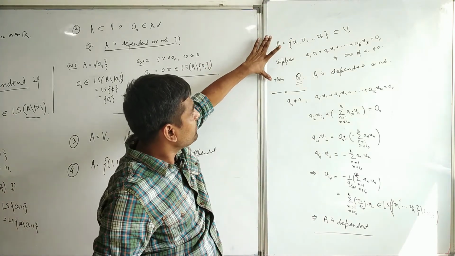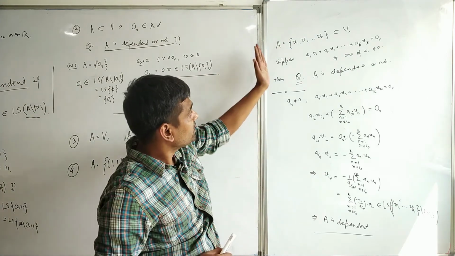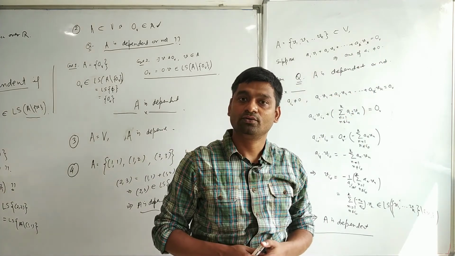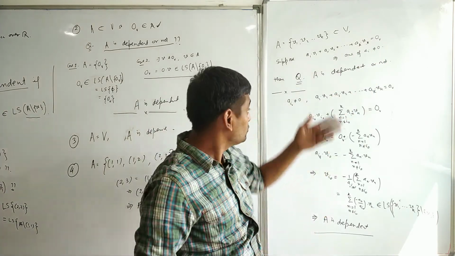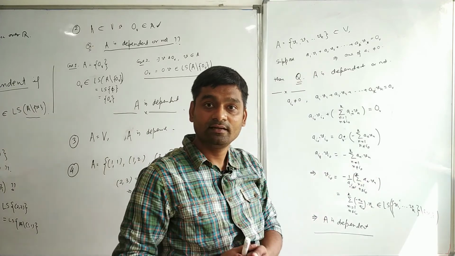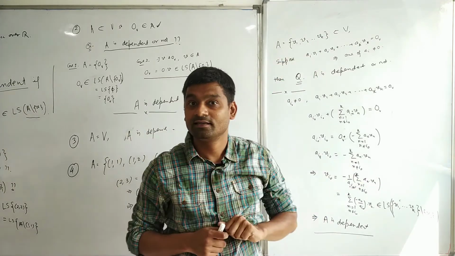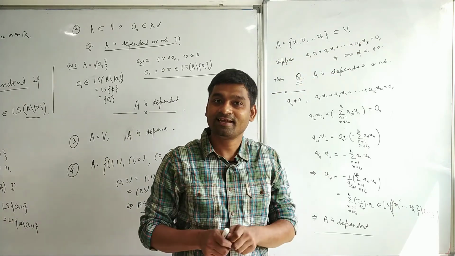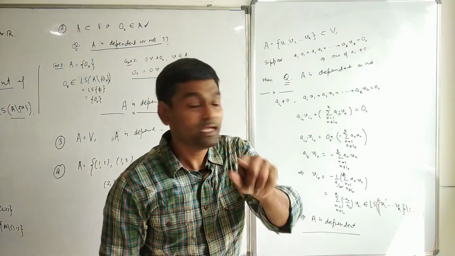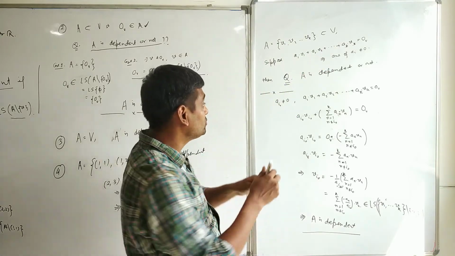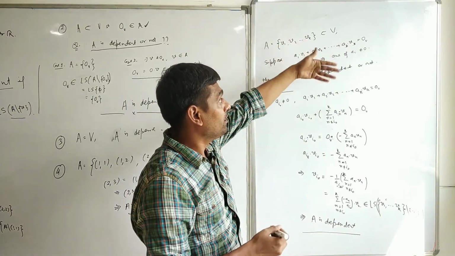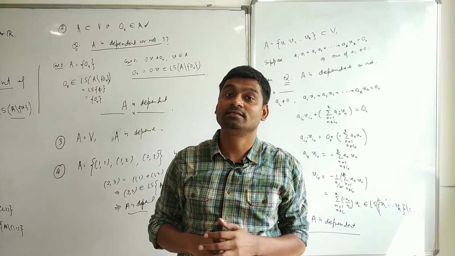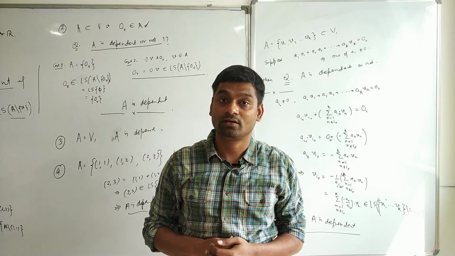So this is a really important criteria. If this is equal to 0v and one of the ai is not equal to 0, we say that the set turns out to be dependent. In the beginning you have a dependent set, and so you can make an equation such that one of the coefficients is not equal to 0. So therefore this criteria is very useful to check whether some finite set is dependent or not, or some set is dependent or not.